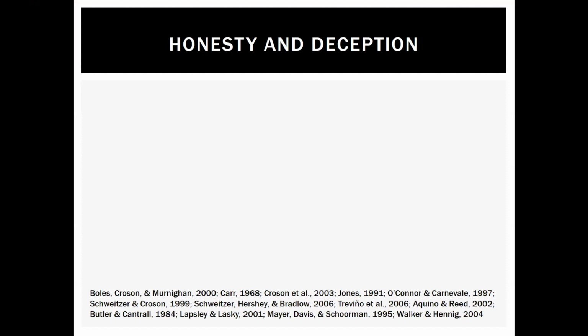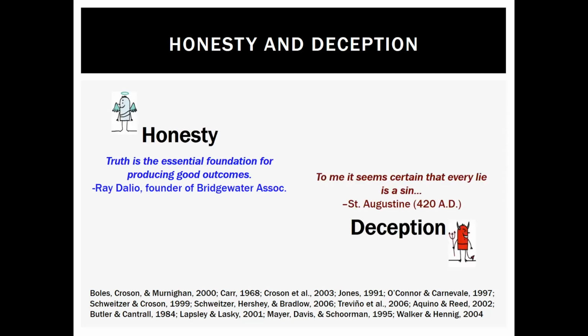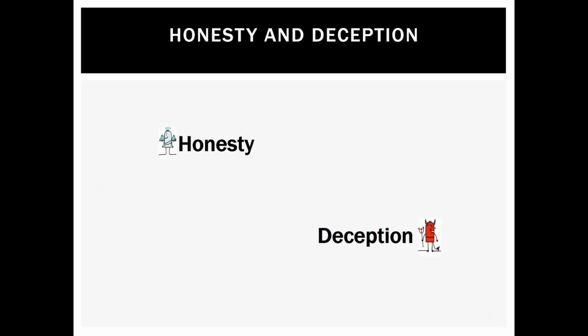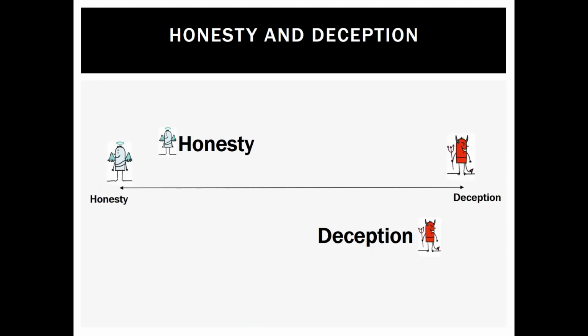So typically, and this will be familiar to everyone here today, we think of honesty as good and deception as bad, right? This is an issue we're trying to fight when we do misinformation interventions and other related work. But a lot of my work is motivated by the simple idea that this is an overly simplistic view of honesty and deception. And one reason, among others, that it's overly simplistic is that this view often confounds two things. So one dimension is this honesty-deception dimension, the degree to which someone's words depart from accuracy or truth. And that's often confounded with an orthogonal dimension of helping and harming, the degree to which someone's words help